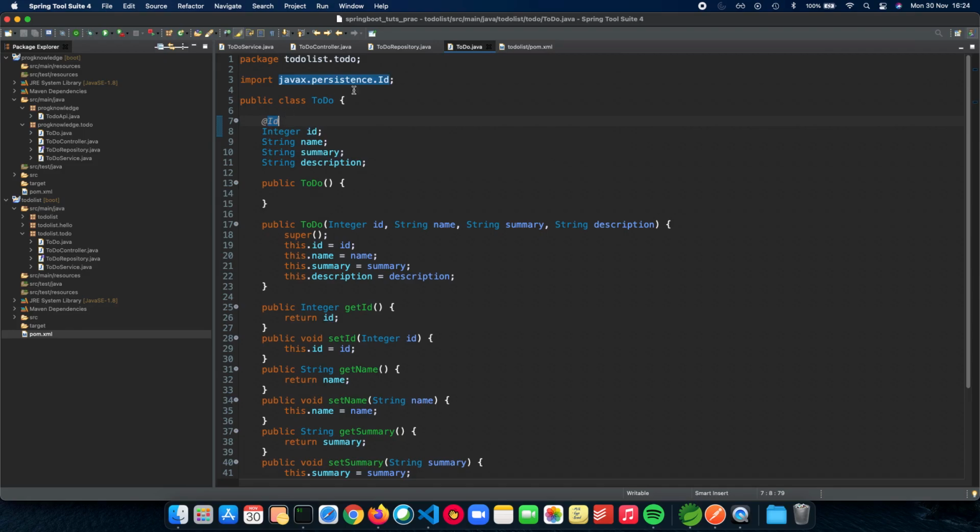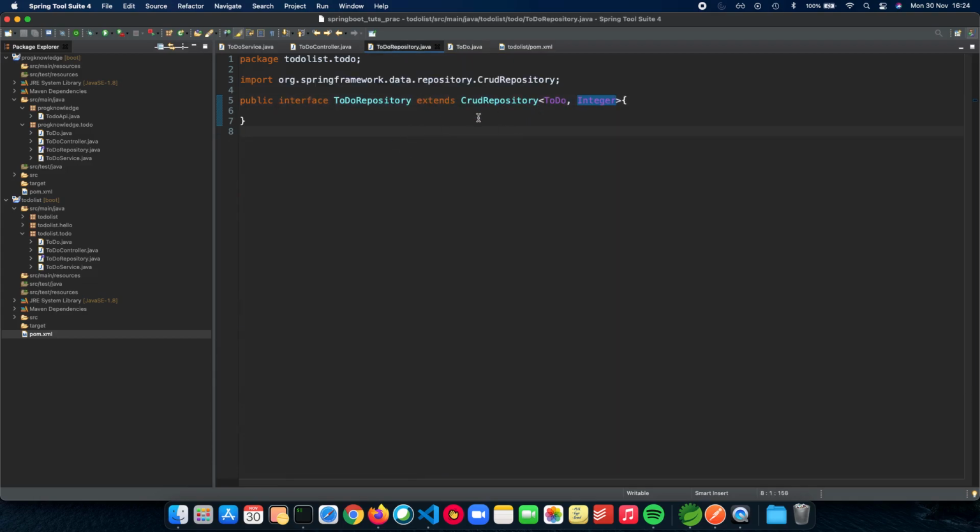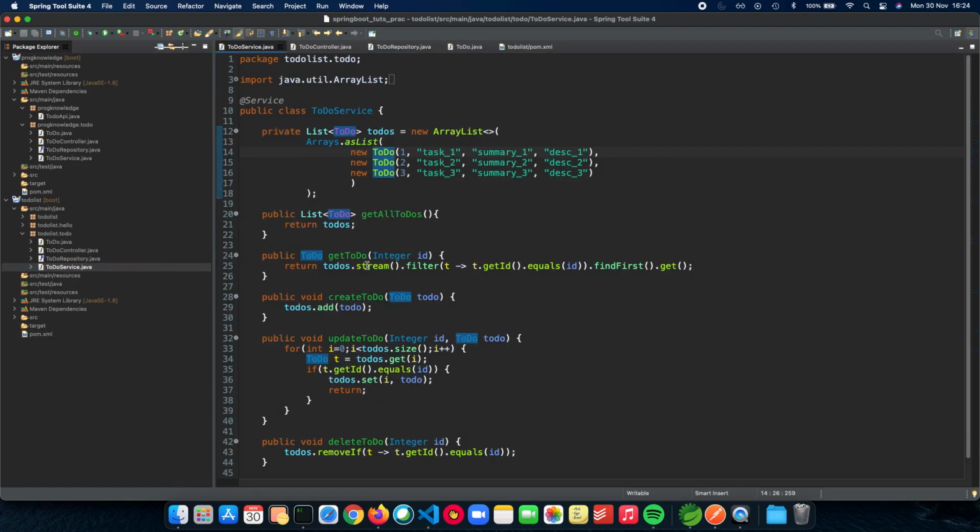So now this shows that in our ToDo entity, ID is the unique key or the primary key for this scenario. So this is all we have to do, and in the next videos we'll actually start implementing the database, and we'll see that with a very small amount of code, by changing very simple things in our ToDo service, we'll finish using Derby, and then we can start moving on to the SQL database